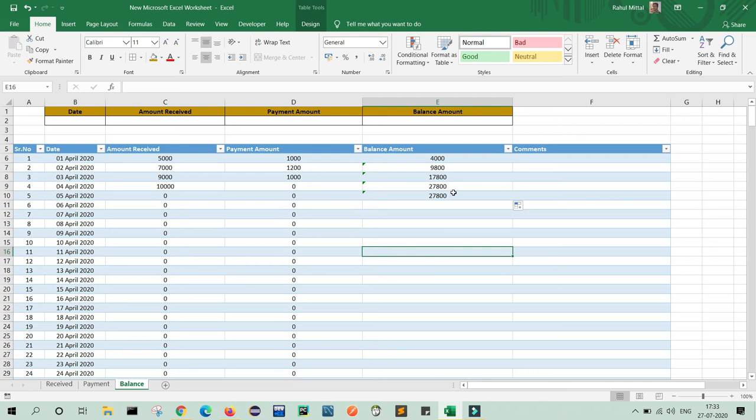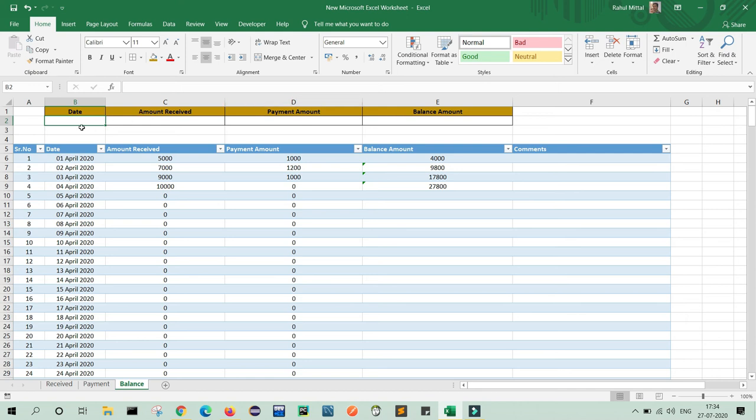So this is the overall amount in your account, as of 4th of April. If you want, you can remove this, and once you want to check the balance you can just drag the area, or double click here and the entire available balance should be displayed. Now as you can see here, we will search the data by typing our date here, and we want to see the amount received on that day, the amount paid on that day, and the overall balance.